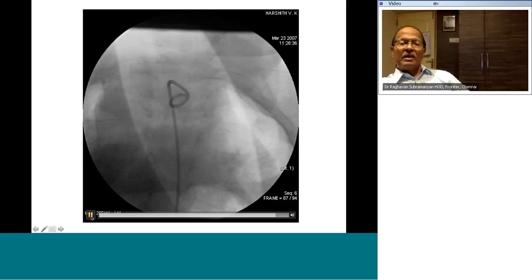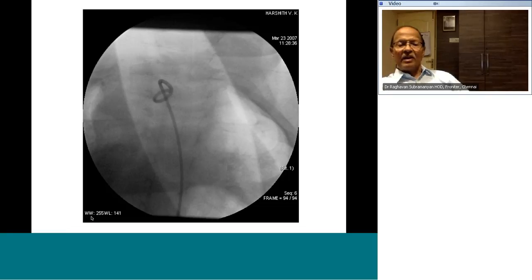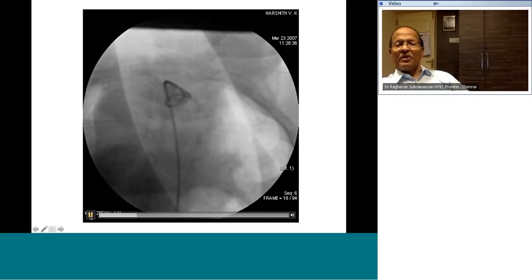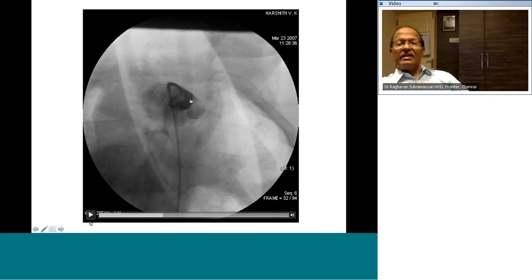We commonly use it in tetralogy of Fallot if you are not sure about the coronary anatomy. You can use it in transposition of the great arteries if you are particular about seeing the coronary anatomy on angio. The three sinuses are very well defined, 1, 2, and 3. So this would be the anterior sinus, the left posterior and the right posterior sinus in the case of transposition. The right posterior sinus gives the right coronary artery in transposition. The left coronary artery would come off from this sinus. And the anterior sinus is often the non-coronary,